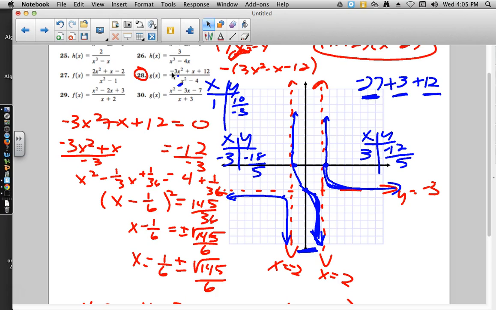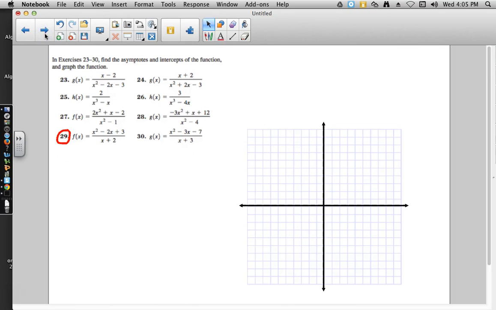Now, I hope you're wondering, what I'm wondering is, what about those slant asymptotes? You know, when on earth do we use those? Well, the degree of the numerator has to be greater than the degree of the denominator, and that's why in 29 and 30 we're going to have to figure out what's going on with the slant asymptotes. So first things first with